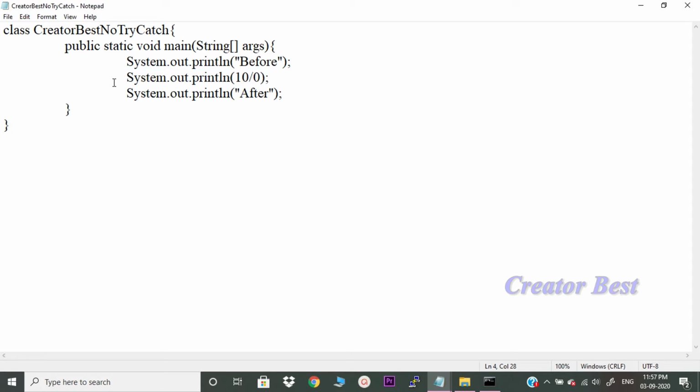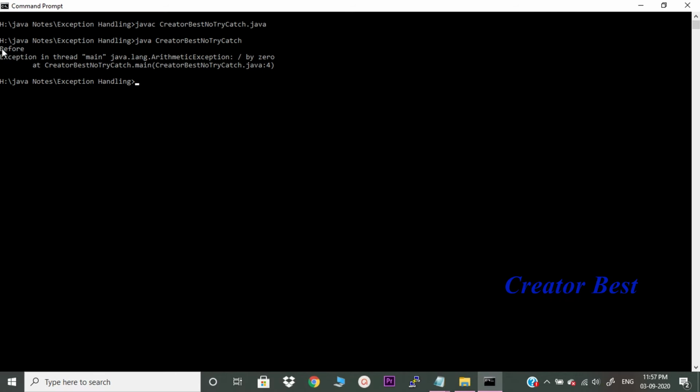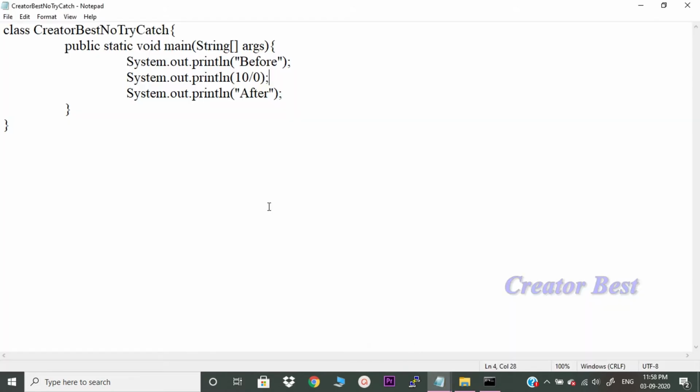Whatever statements are there before this exception statement, all of those will be executed. Here I have taken only one statement, which prints "before", so that got printed in the console. Later on, the next statement is the exception statement. We didn't get the "after" statement, because it is not at all executed.